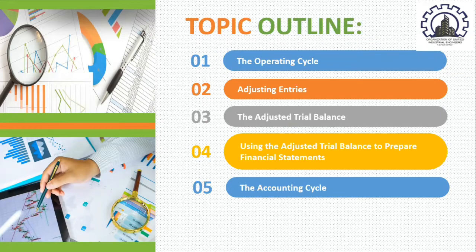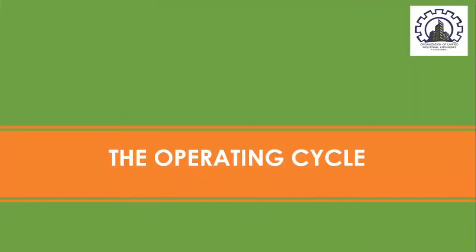Now, in order for us to get started, let us first discuss our first key area, and that would be the operating cycle. Take note that chapters 1 and 2 describe the recording and reporting of economic transactions in detail. However, the account balances used to prepare the financial statements in these previous chapters did not necessarily reflect correct